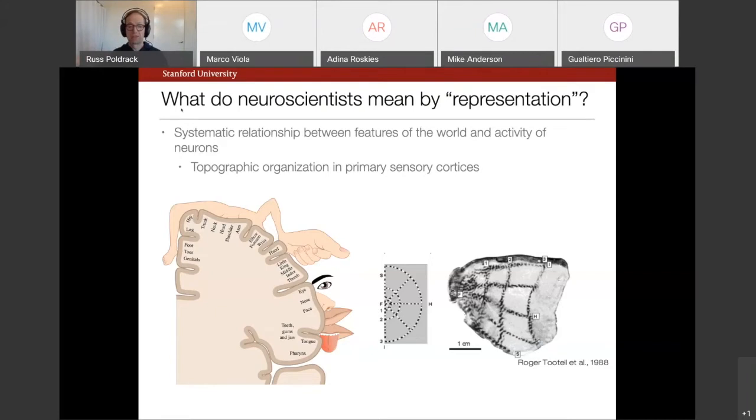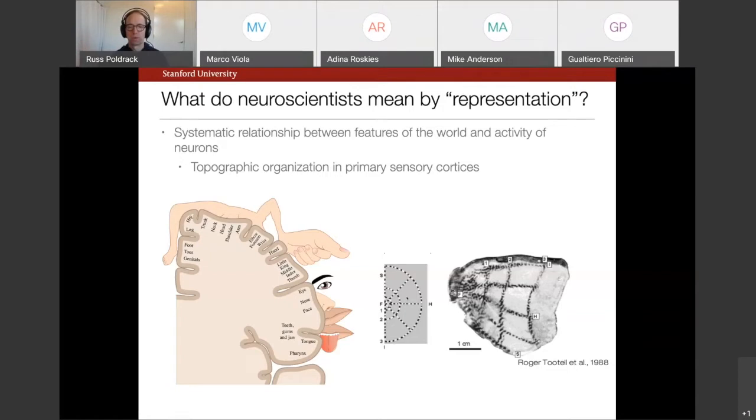And the most obvious versions of this are the topographically organized primary sensory cortices, right? So you're probably all familiar with the somatosensory homunculus. And you may also be familiar with the retinotopic, organized visual cortices. We also have tonotopically organized auditory cortices. So the primary sensory cortices are generally organized in a way that's systematically, topographically related to some feature